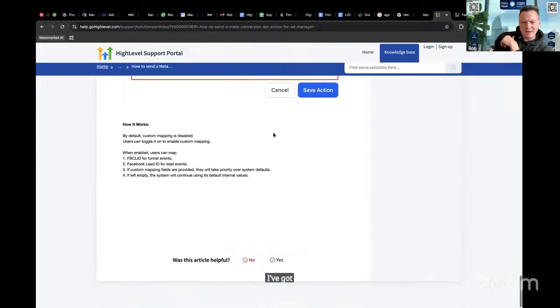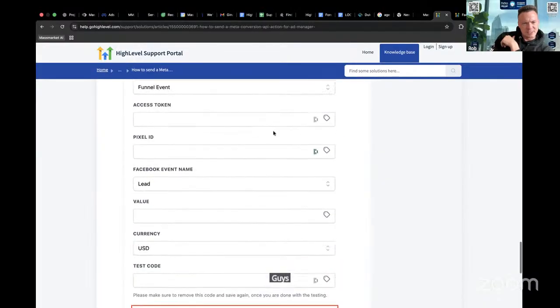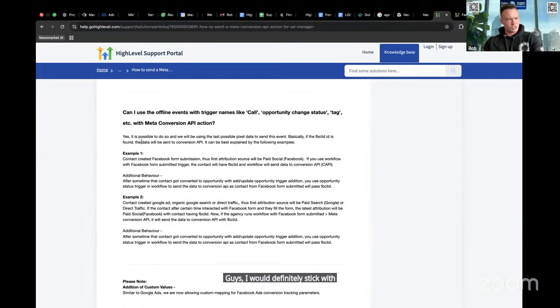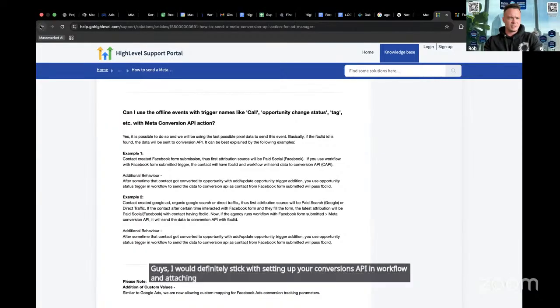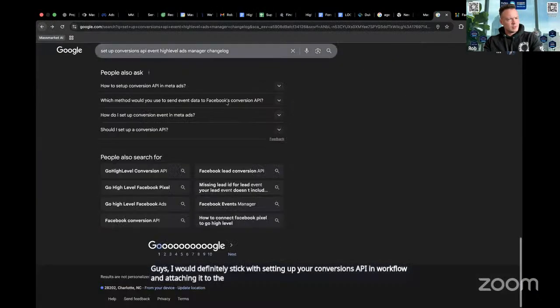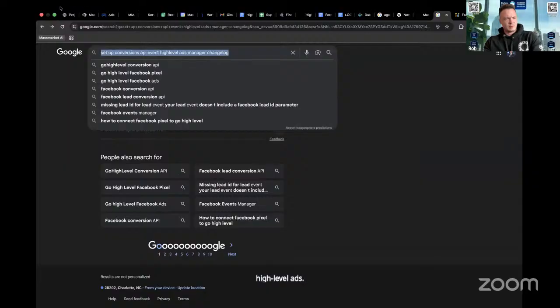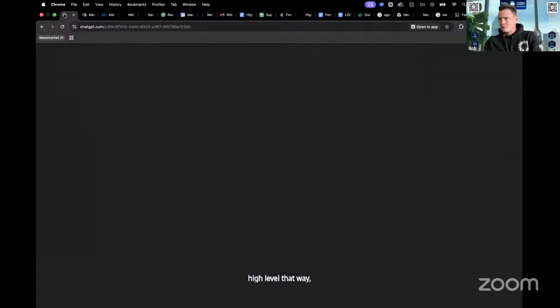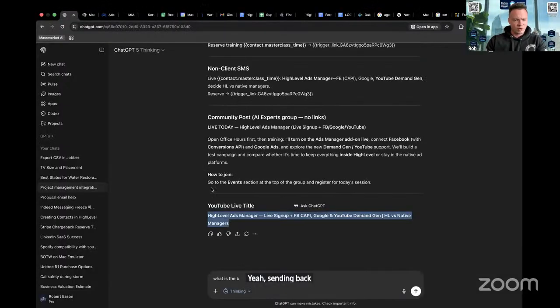Yep. So I'm gonna have to say, guys, I would definitely stick with setting up your conversions API in workflow and attaching it to the high level ads, or sending back your signals through workflow to the ads manager, but setting it up directly in the events